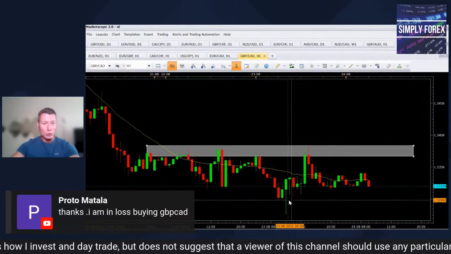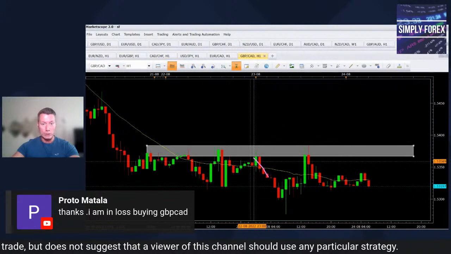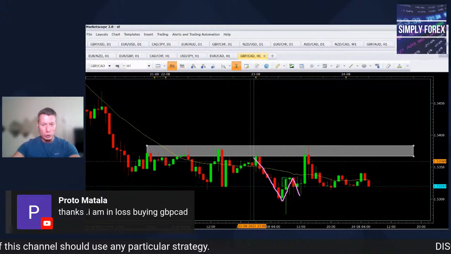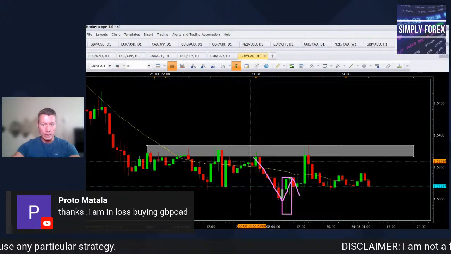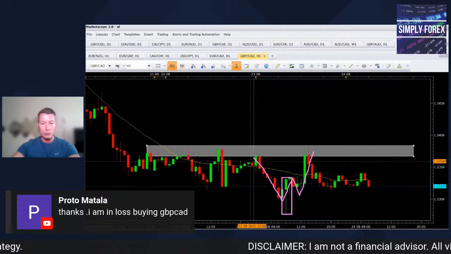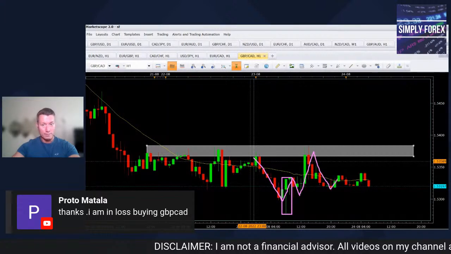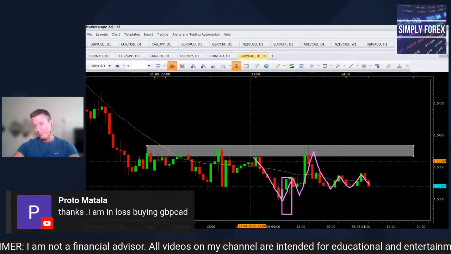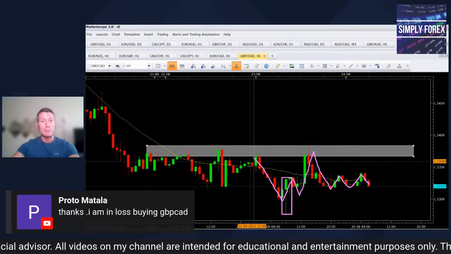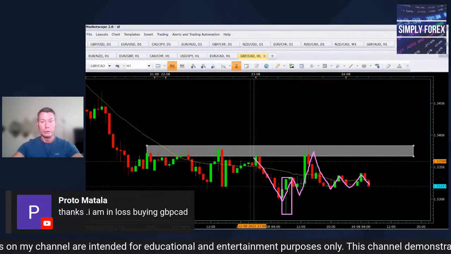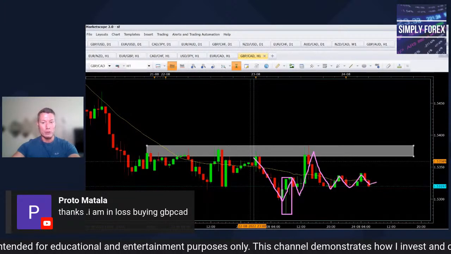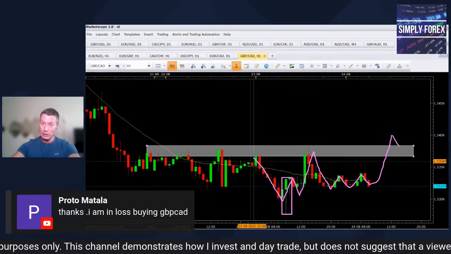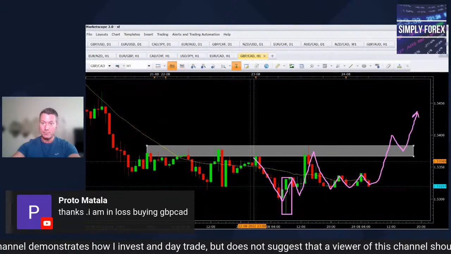Good news also, the H1 structure for me is in an uptrend. It was in a downtrend, lower lows, lower highs. We've had this huge rejection at this level with this candle here, and then it's been in an uptrend on the H1. And now overnight it just doesn't know what to do with itself. So it's difficult for me to recommend buys. I wouldn't, but that's what you're looking for to see if you could get out of trouble: this H1 structure to stay intact and eventually break this zone to the upside.